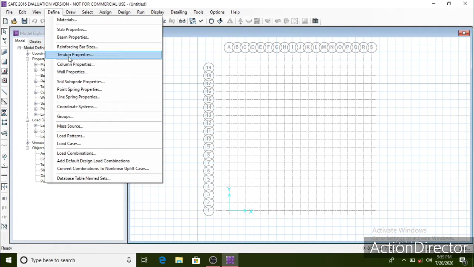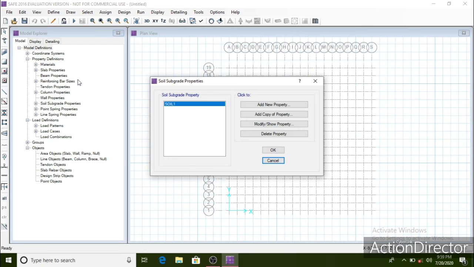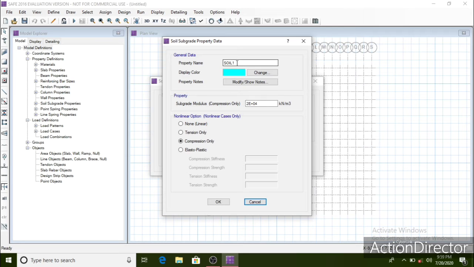Now go to define and click on soil subgrade properties. There is already a property by name soil1. You can add a new property or modify the already entered soil property. So let's modify the already entered soil property here. Let the name be soil1 itself, and we need to enter the subgrade modulus.